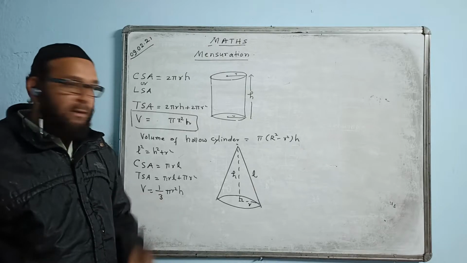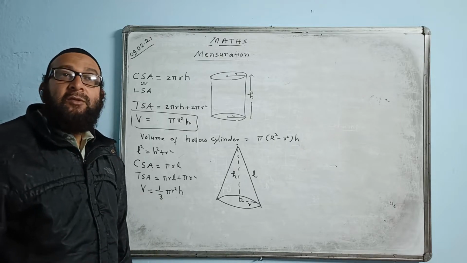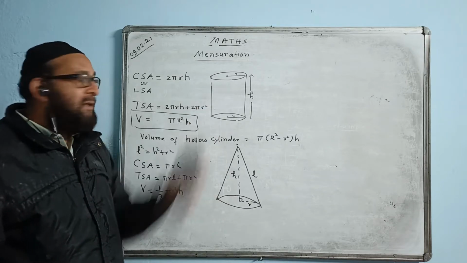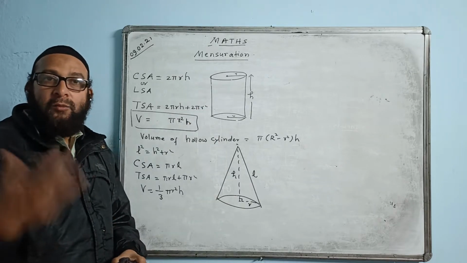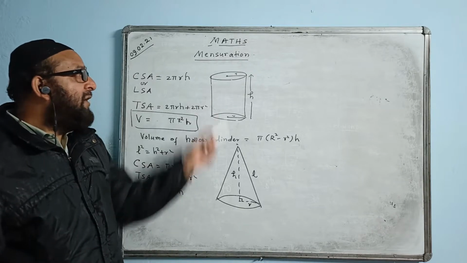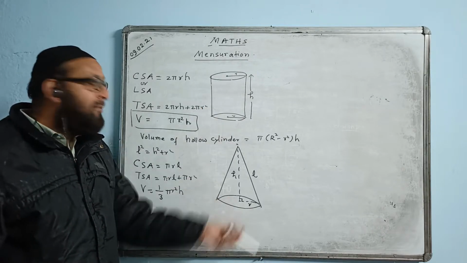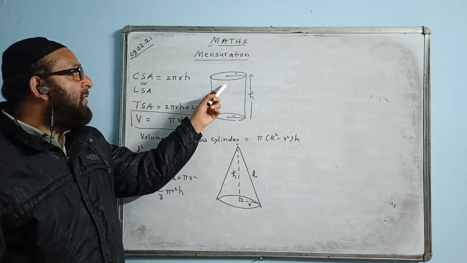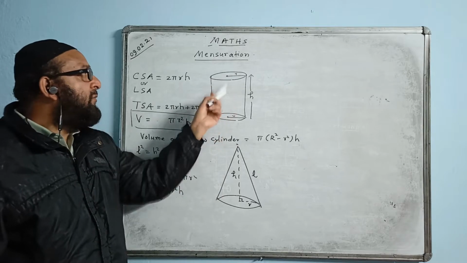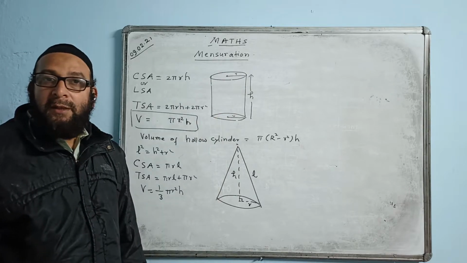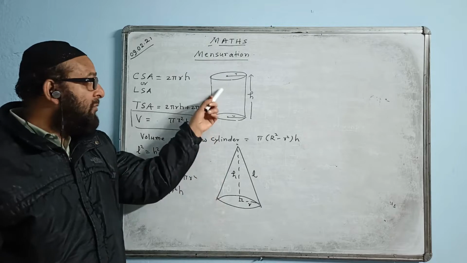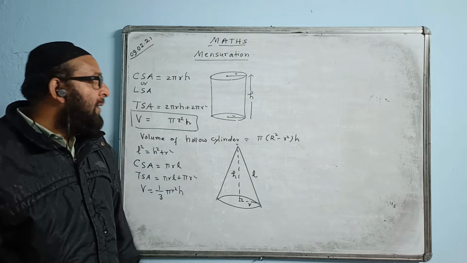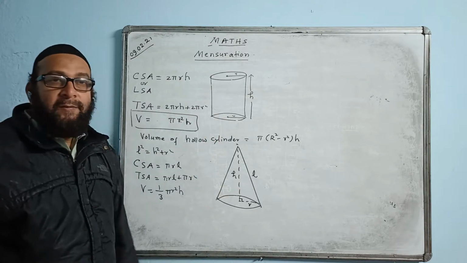Then you find it. Now, in some cases, they will give 2 or 3 figures. Maybe a cone and cylinder given like this, and they are asking to find the volume. The volumes of the 2 figures will be added: find the volume of this and the volume of this separately and add them. And suppose from the cylinder we are removing a cone, like this. What is the volume of the remaining solid? We have to subtract. From this whole thing a cone is removed, so volume of cylinder minus volume of cone will be the answer.